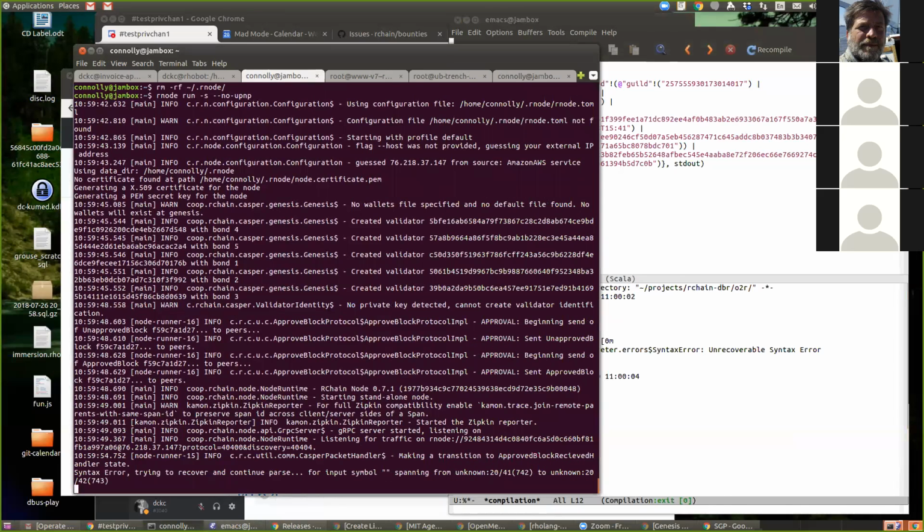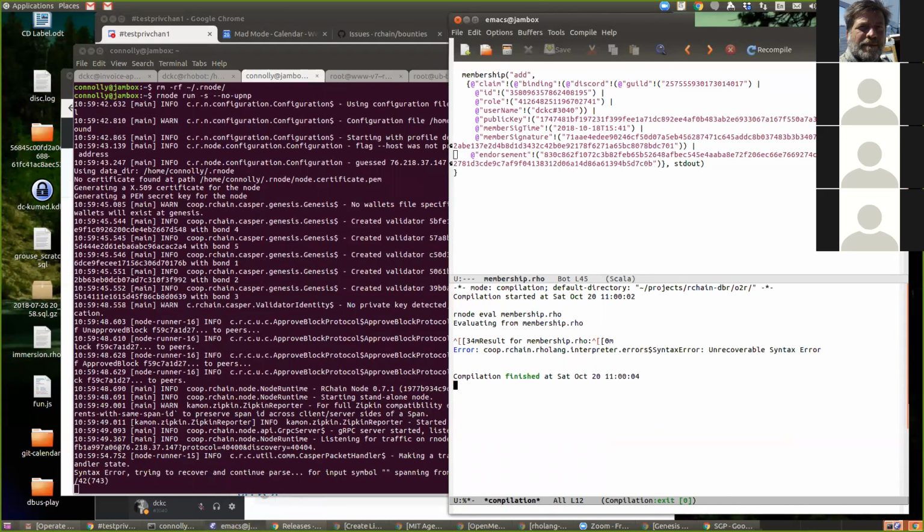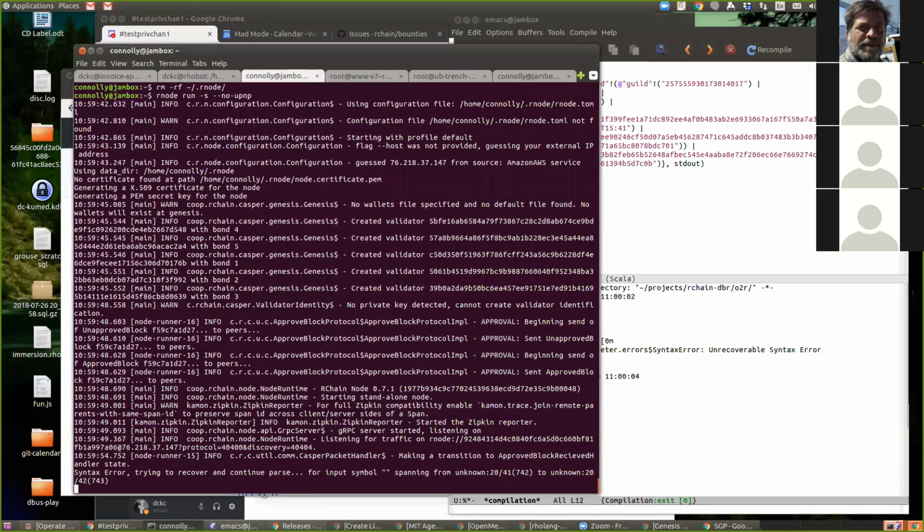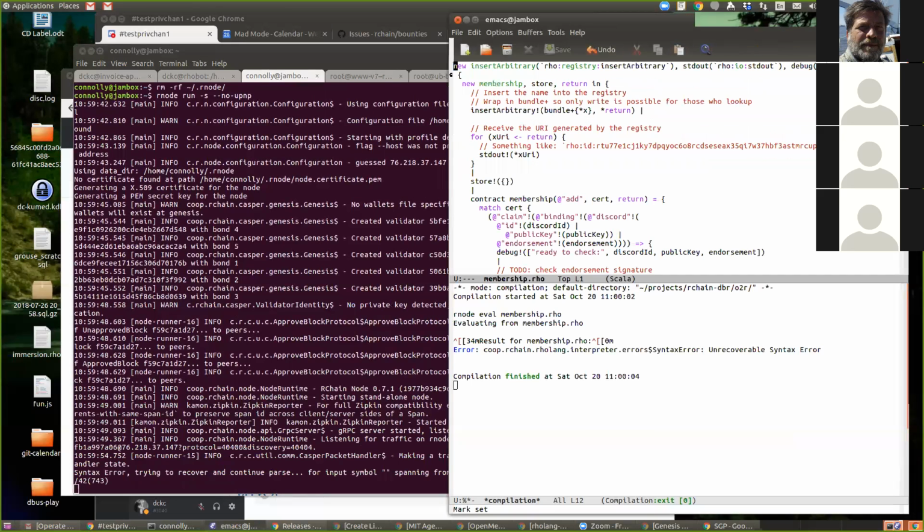When David started it up, it found all kinds of nodes connected to it, and my node got an error when my node tried to connect. So I never got any. We never got any approvals.